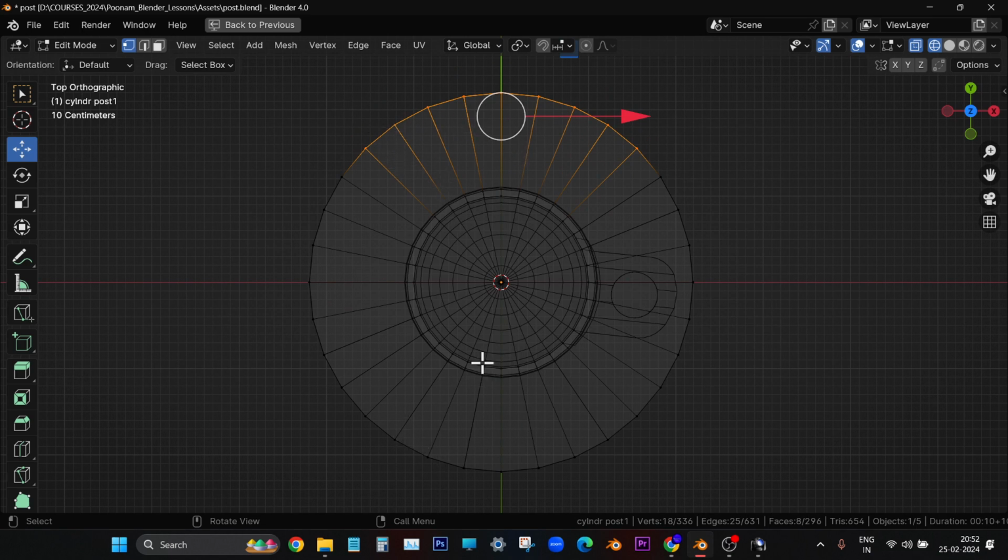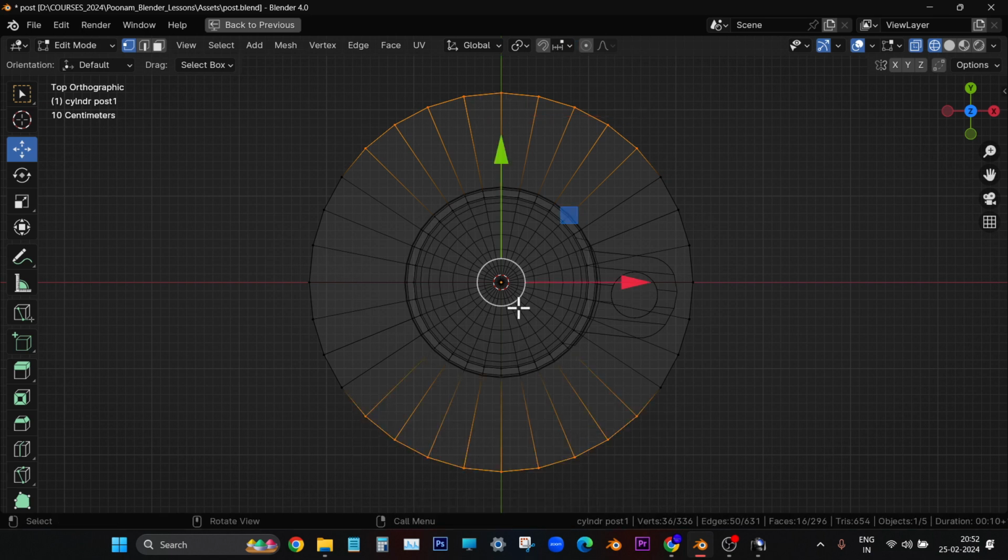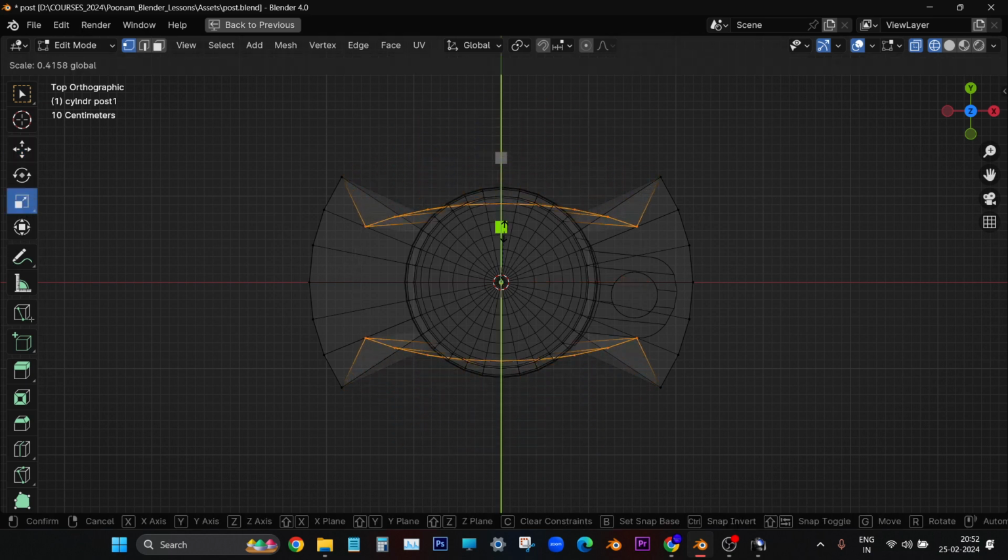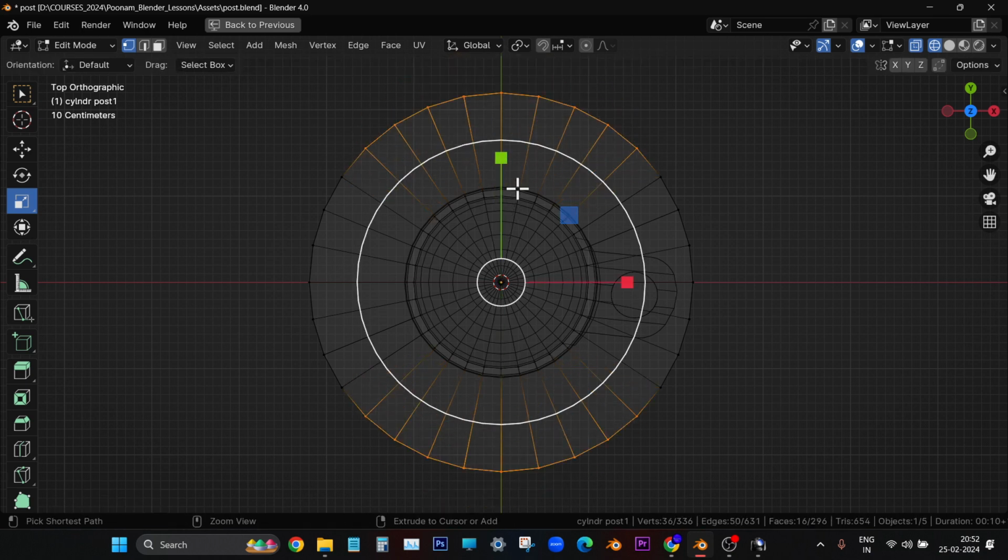Now the same number of set of vertices, this side also I am selecting. Down portion also I am selecting. Let me count in the top: 1, 2, 3, 4, so 8, 9. From here I should select. Right. Now I want to make these guys flat. Let me try. Oh, it's happening like this. Okay. So how to